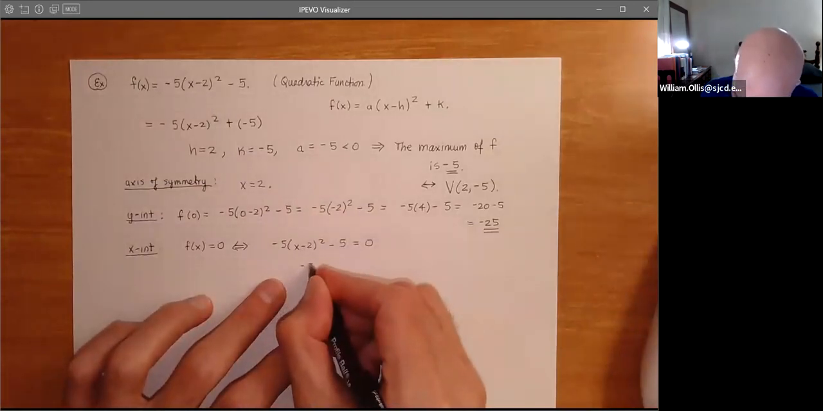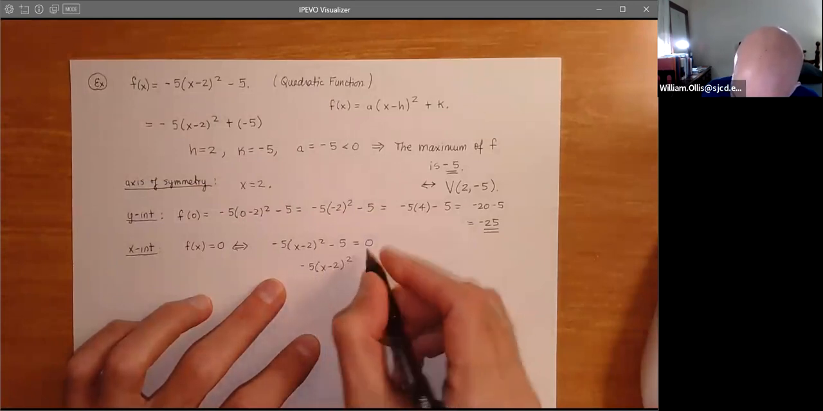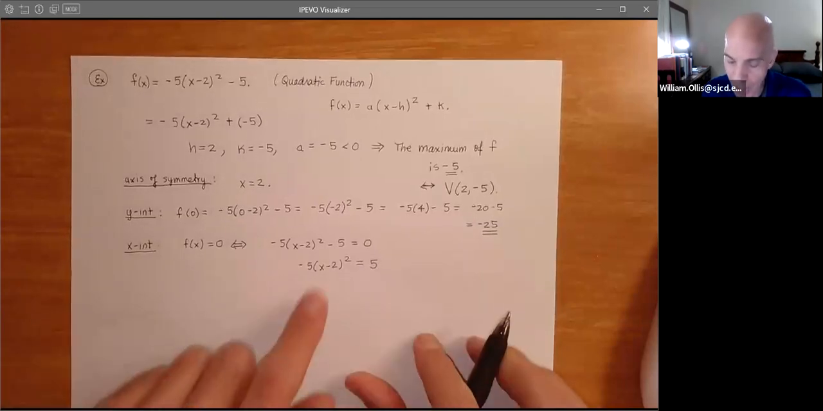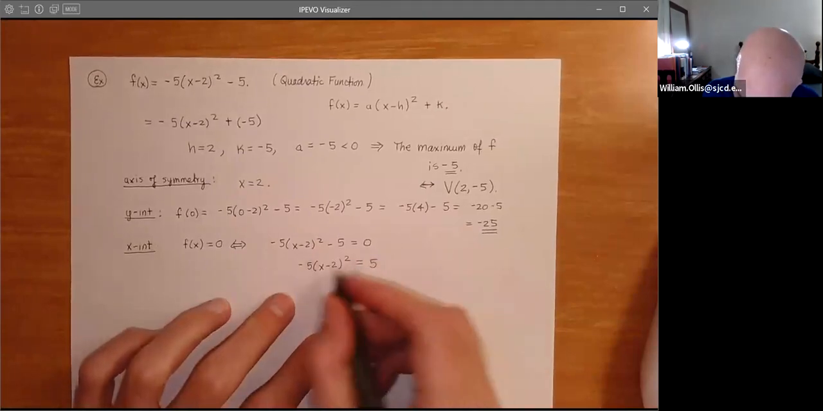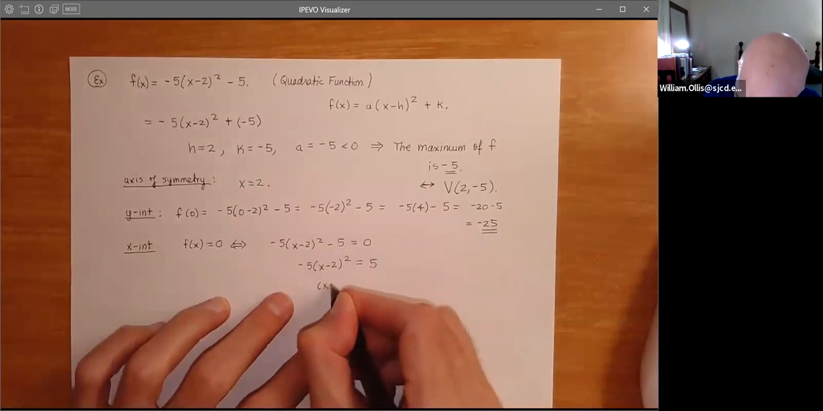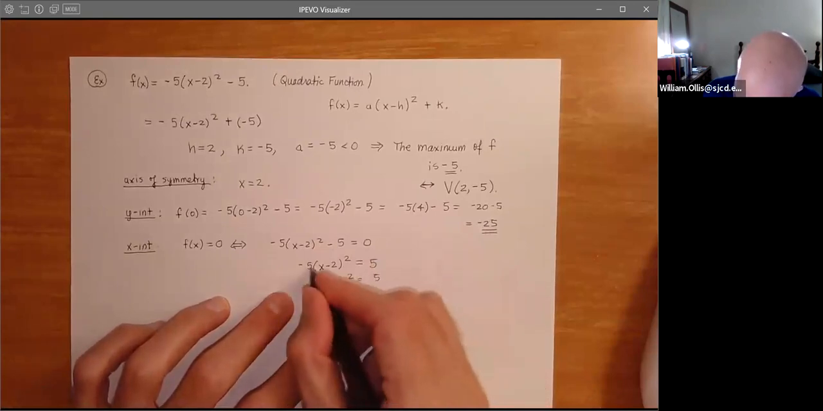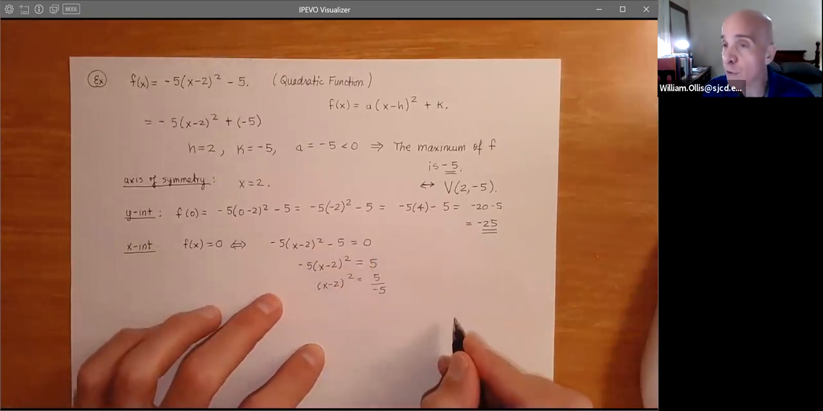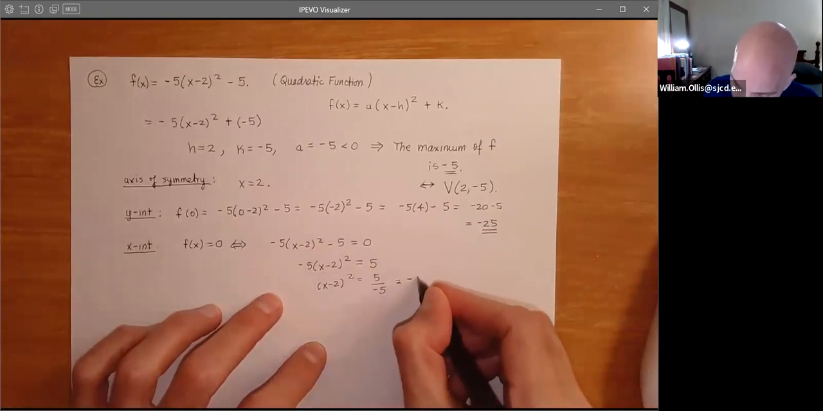So we'll take the 5 over. So we have -5. And I think you know what the answer is going to be, but I didn't want to let the cat out of the bag. Just go ahead and verify. So we add 5 to both sides. And now, if you will, we want to divide by -5. So let's do that. So we'll have x minus 2 squared equals -1. And of course, I divided that by -5, but I'll write this out just to make the point. 5 divided by -5 is -1. And now we look at this and say, okay,